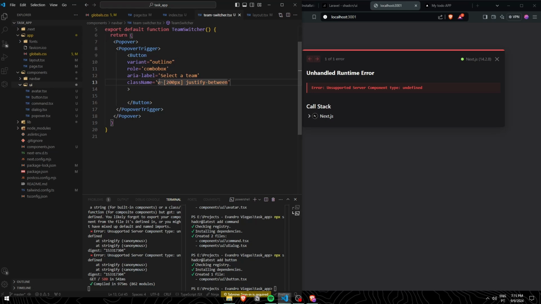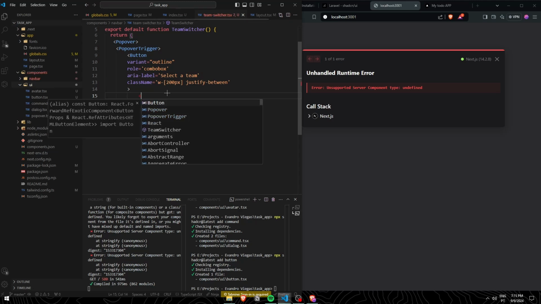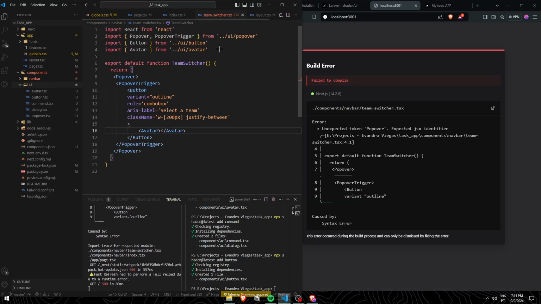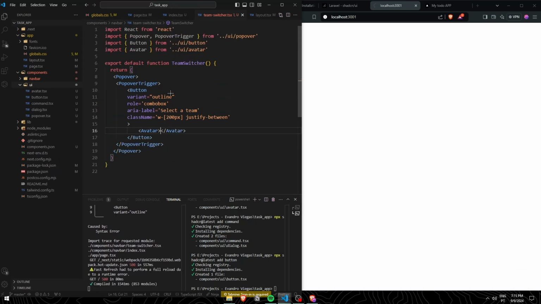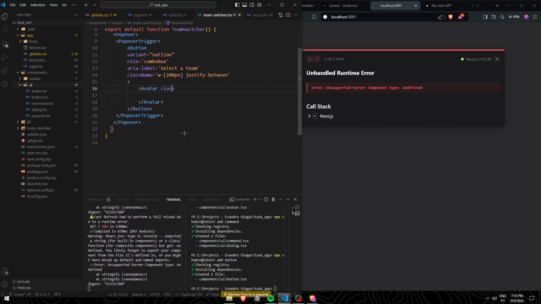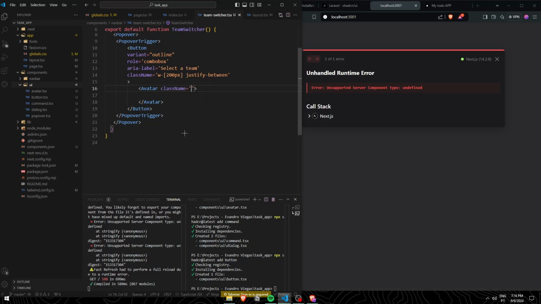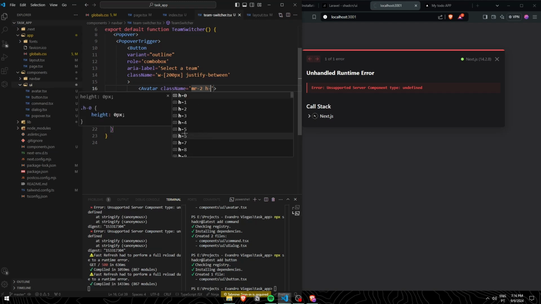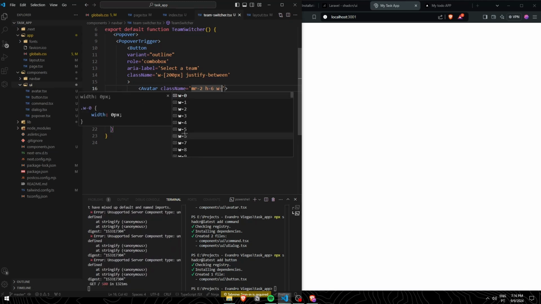There we go. So this is the size of the button, so the width, and then justify-between, so everything is going to be separated by another. So inside of this button that we just created, we are going to use an avatar component. So make sure that you're importing from UI and not from Redux. And we're going to use some class names. So class name, so it's going to be margin right of 2, height of 6, width of 6,